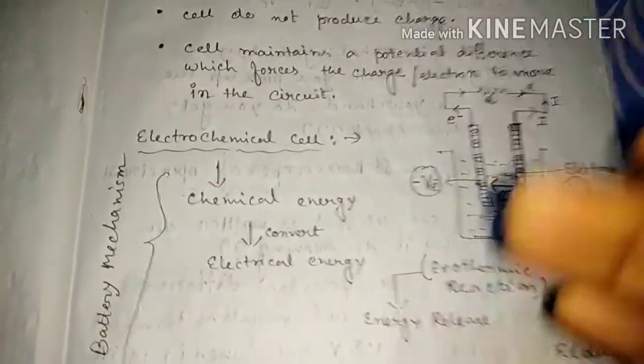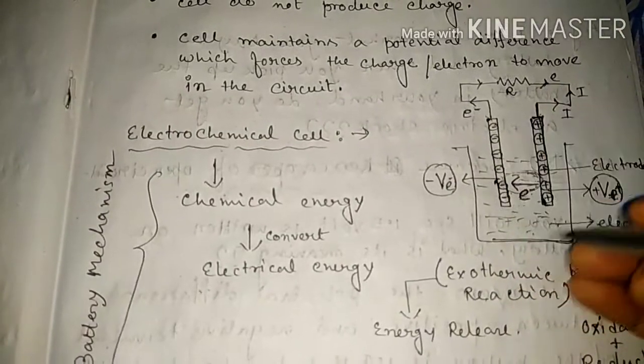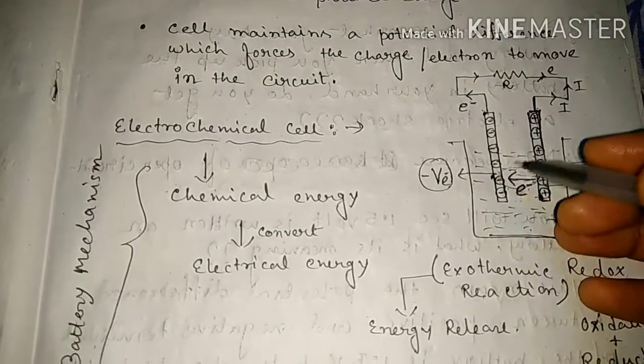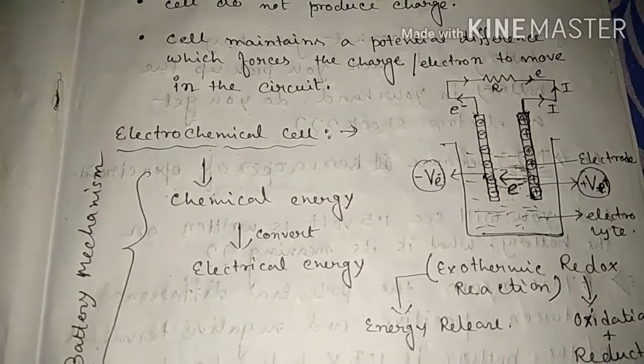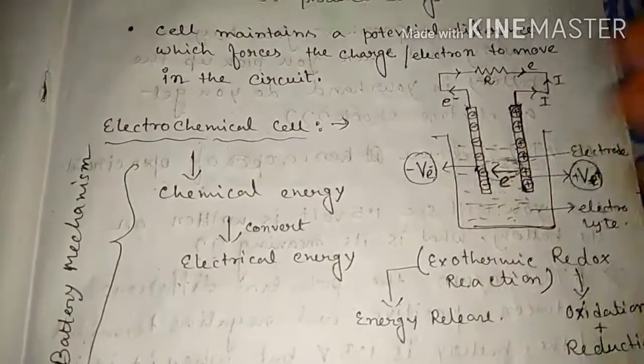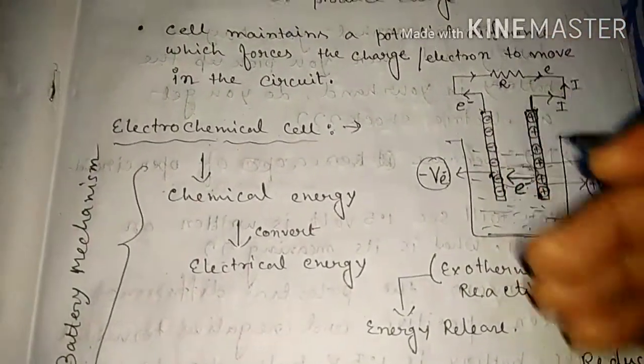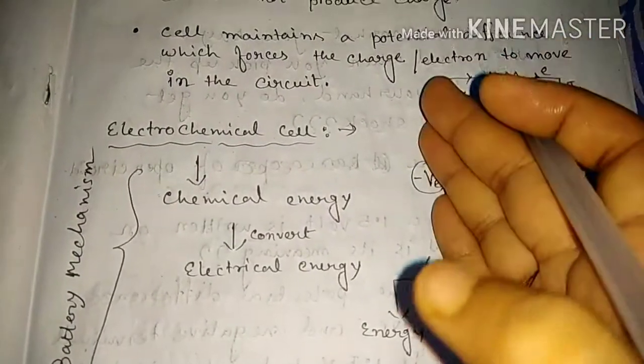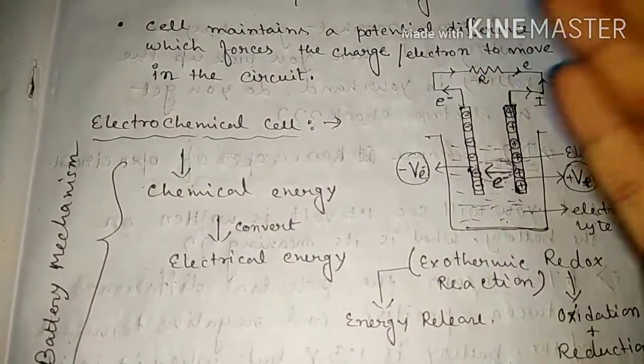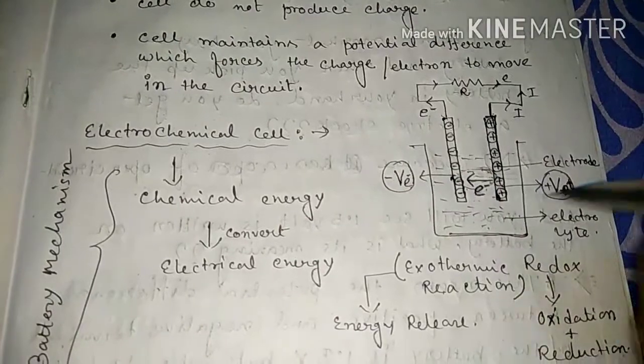So again, let us recall this. This is an electrochemical cell. Here many electrolytes are there, with the electrolyte ionization process, many ions are there, positive and negative. Due to the non-electrical force, on one side all negative ions are accumulated, and on the other side all positive ions are accumulated.